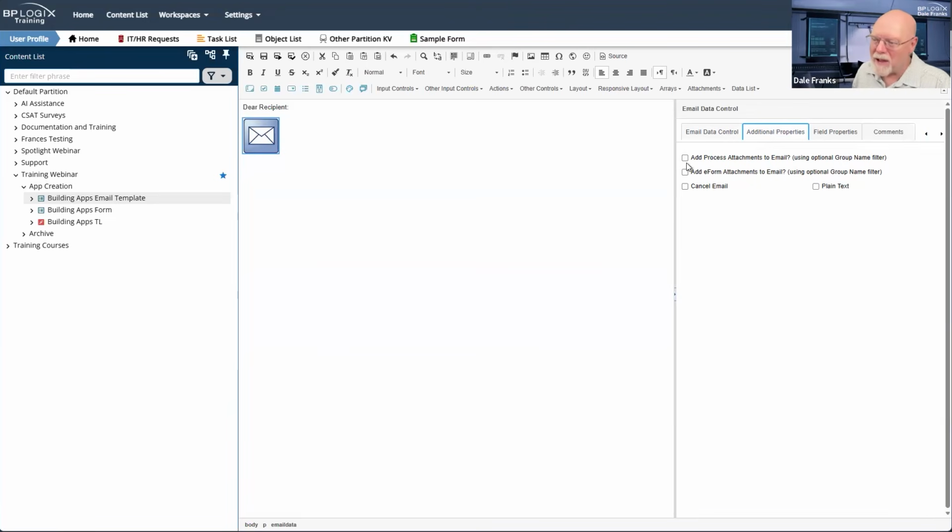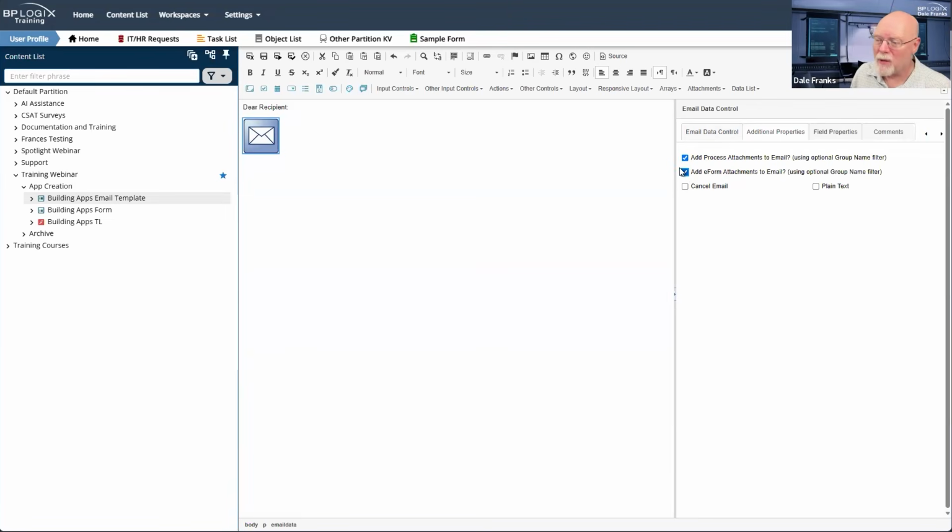So my experience may not be dispositive, but when you click add process attachments to email, and that will almost always be what you would check, because by default, we want you to add document attachments to the process, which is to say the process timeline instance, and not to the form instance.